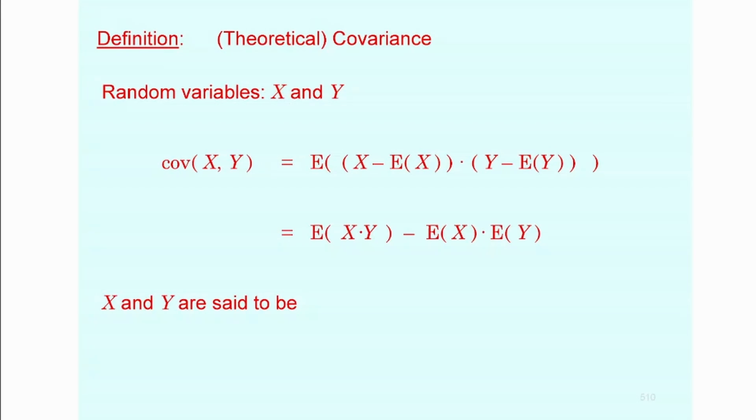But you would need to consider properties. Now, x and y are considered to be uncorrelated if their covariance is 0, which means that there is no linear relationship between them. But keep in mind, guys, just because there is no linear relationship between them, which means that they are uncorrelated, it does not imply that they are independent. If they're independent, then they are uncorrelated, but just because they're uncorrelated, they're not necessarily independent.